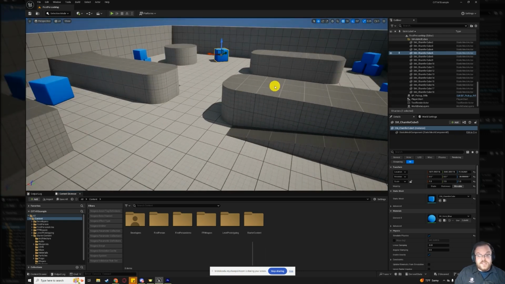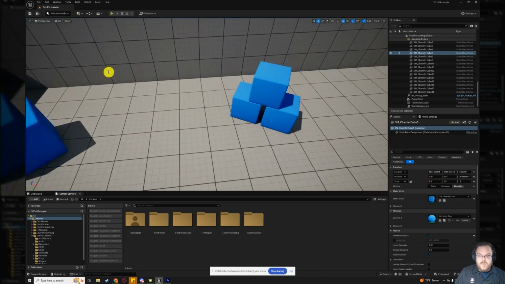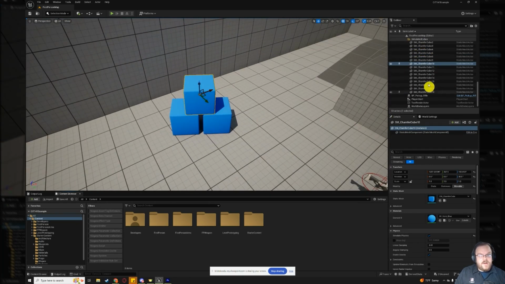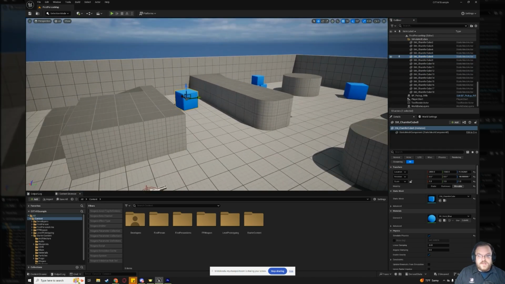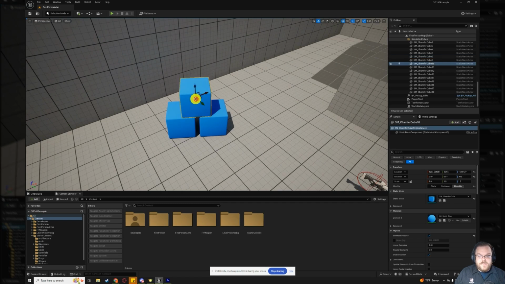Inside of the scene, you'll see a bunch of different objects. This is more what we're going to focus on. If you want to manipulate objects inside of a level, you can click on them in the scene like this, or using the outliner, you can click on different objects and it'll select them. So if I wanted to edit, say, this cube here, when you click on it, you'll see a